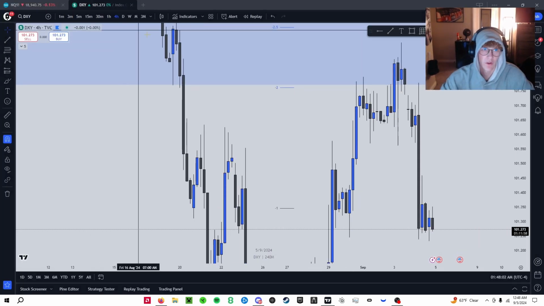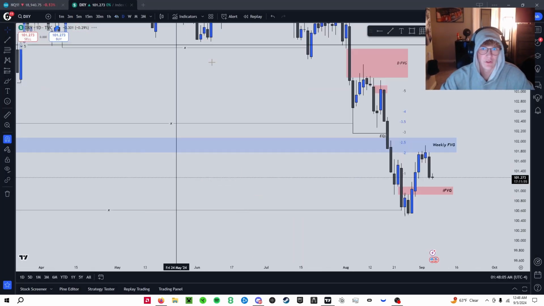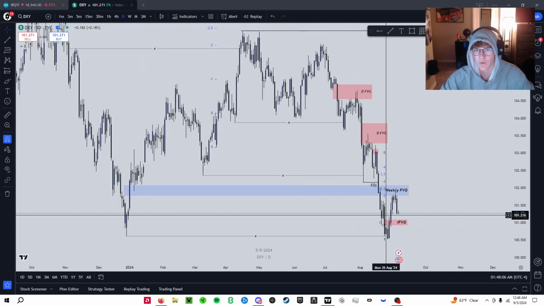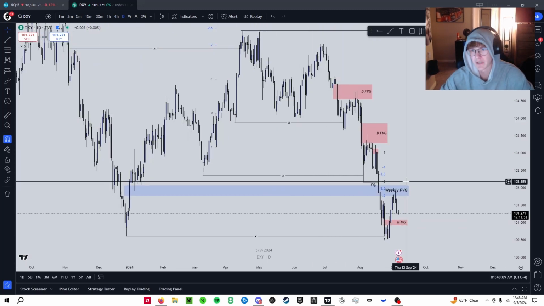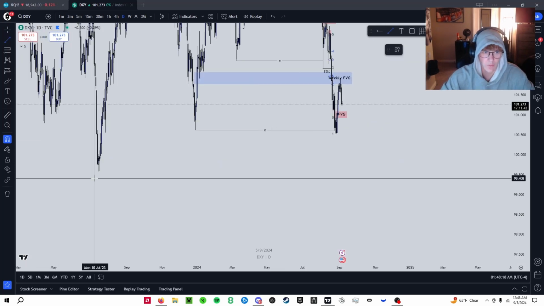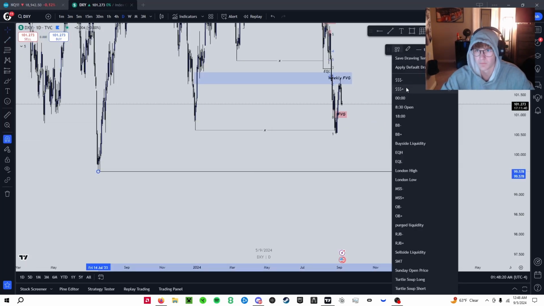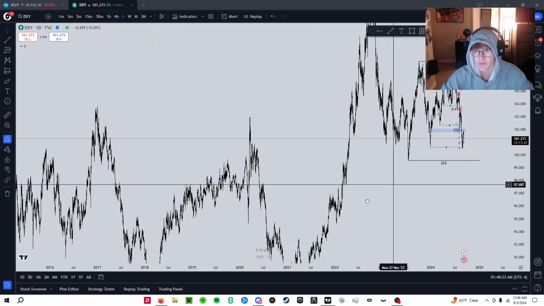Let's hop over to DXY. If we look here at the daily chart on DXY, we've been taking a lot of sell side, so it looks like we might be getting some sort of reversal here, right? I think we are running down here for this low because